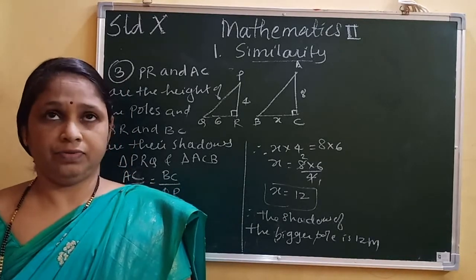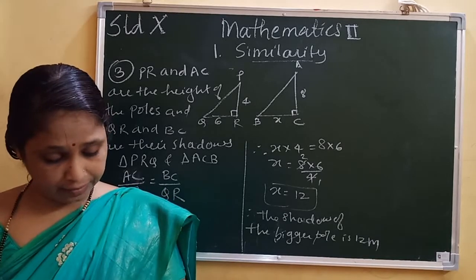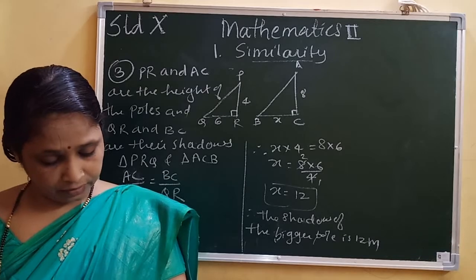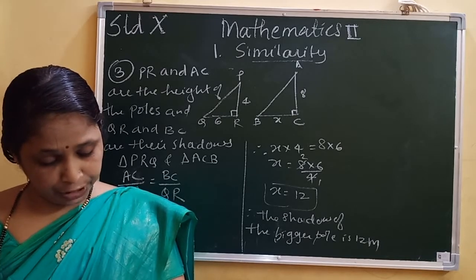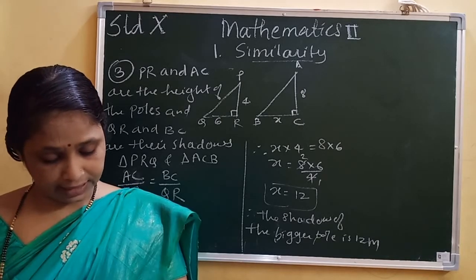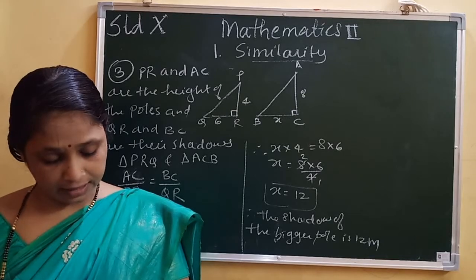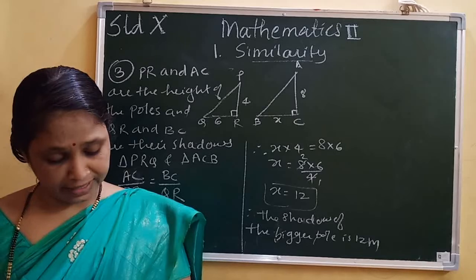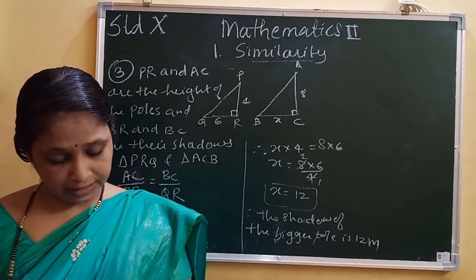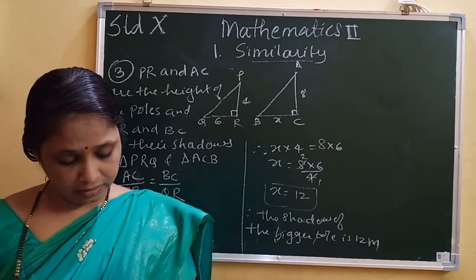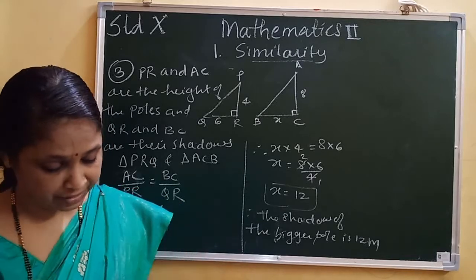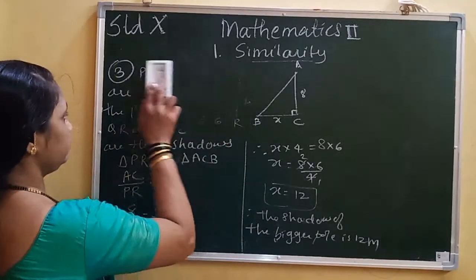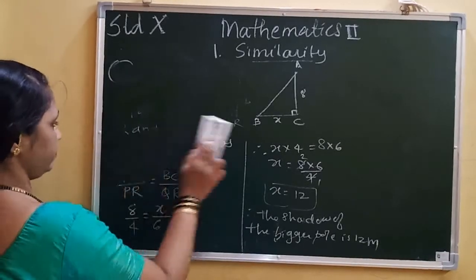Okay. Now we'll see the next example. Fourth example we will see. In triangle ABC, AB is perpendicular to BC and BQ is perpendicular to AC. ABC they are in one line and AQC they are in one line. Prove that triangle CPA is similar to triangle CQB. Now their measures are given. Okay, so we'll see the fourth example now.